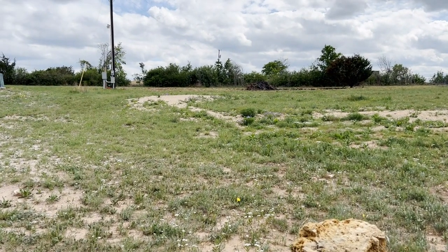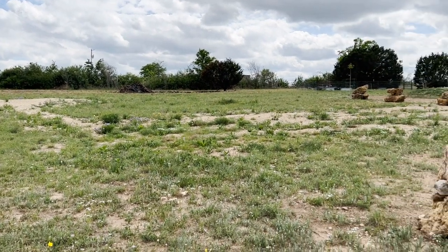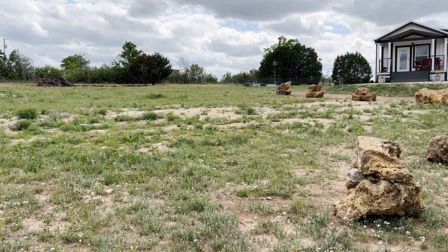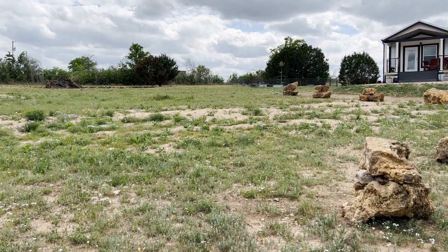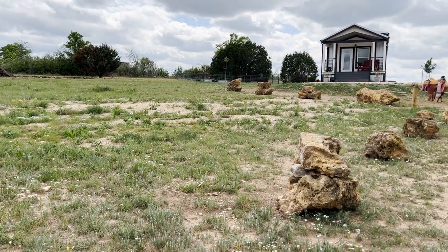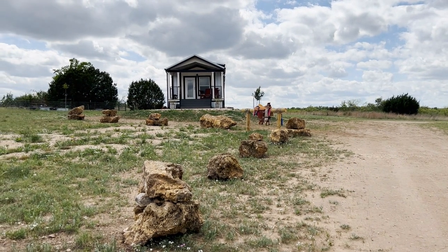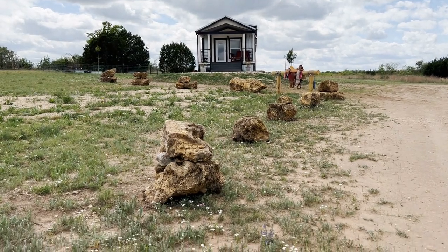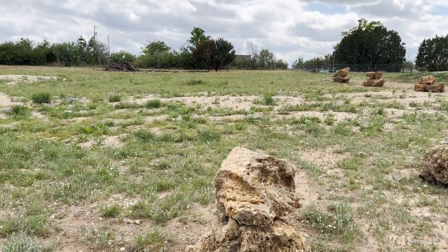These rocks actually serve a purpose. That pile of gravel over there is our septic tank, and it comes down and comes over here where the pipes are for our leach field. If you know anything about septic systems, you know that you are not supposed to drive over a leach field. It can damage the pipes underneath the ground. Well, of course, when we have delivery drivers come up, the first thing they want to do is turn around in this space to exit the way they came. The rocks now serve a purpose of creating a border so that people cannot drive over the leach field